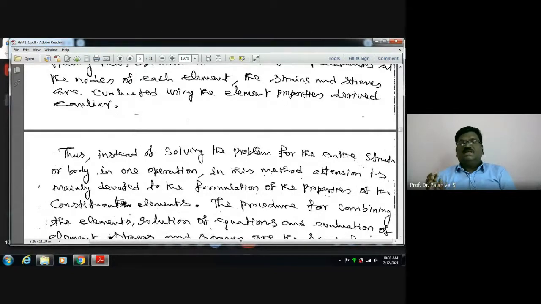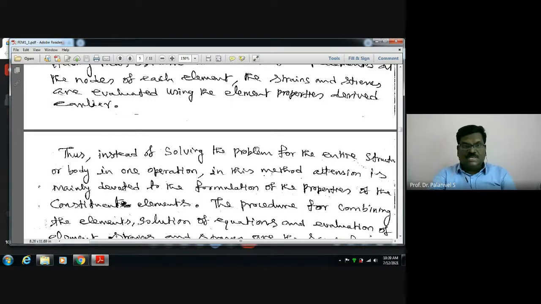So I am telling you as much as possible the concepts involved. See, ultimately, what is the intention of teaching you this subject? You have to understand the concept of the subject. Although finite element packages or software are user friendly, you should know the concept, the principle by which it works. Then only you can use it effectively. No doubt, even a person who has not studied the finite element method can use the package, because it is user friendly. However, if you are strong in the finite element method and understand the theory very well, definitely you can make use of that software in a more effective way.